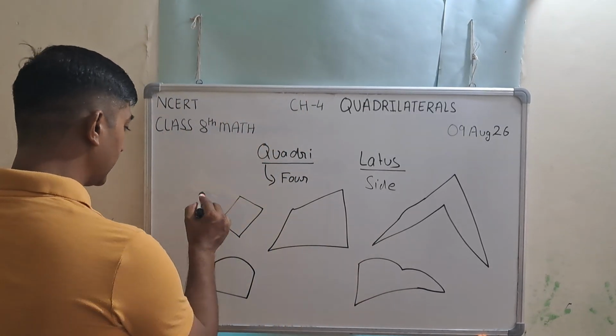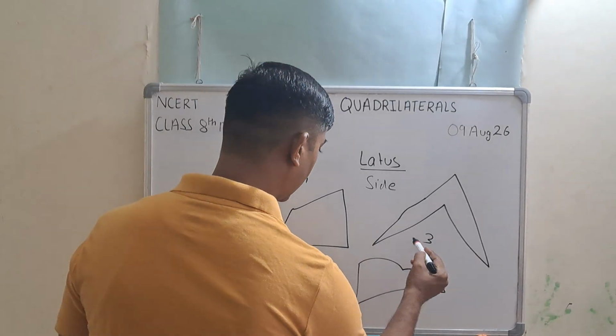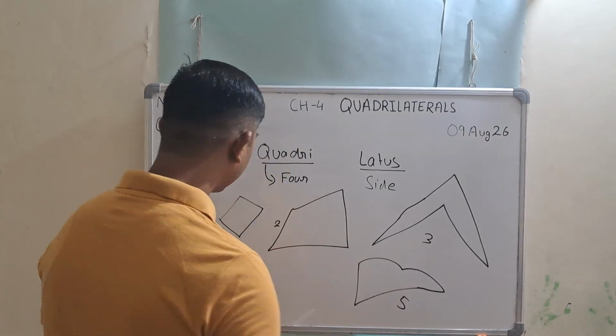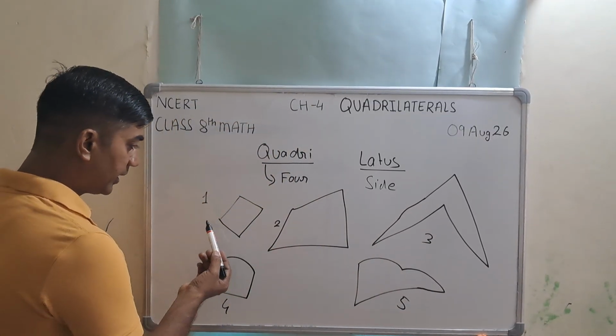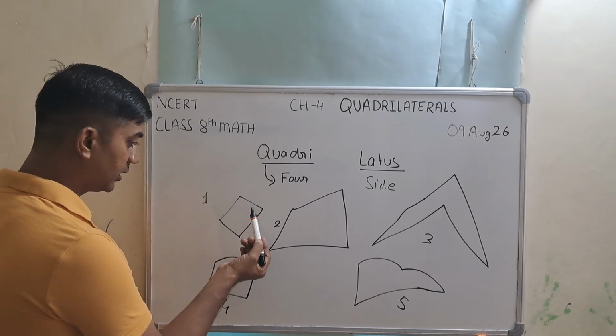Now this is figure 1, this is figure 2, this is figure 3, this is figure 4 and this is figure 5. Now see, in this figure we can see that this figure is having four sides, 1, 2,